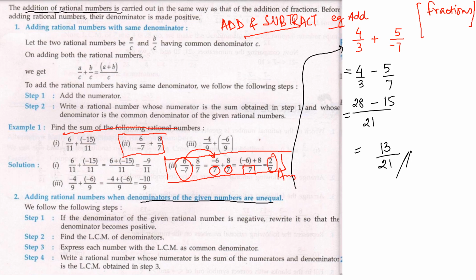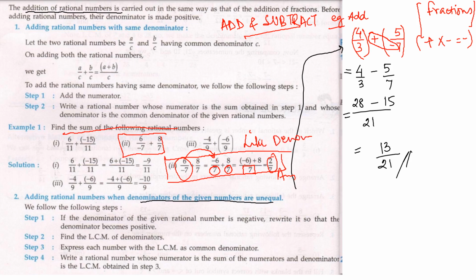Okay. Now subtraction of rational numbers. One more example I have written here. Add 4 by 3 plus 5 by minus 7. Now 4 by 3 minus 5 by 7. How minus? Because this plus and minus are getting multiplied. Plus into minus is a minus. That's how 4 by 3 minus 5 by 7. This was the case of like